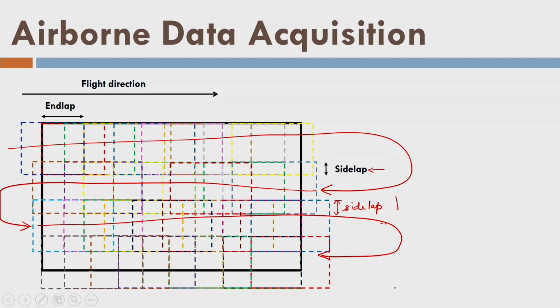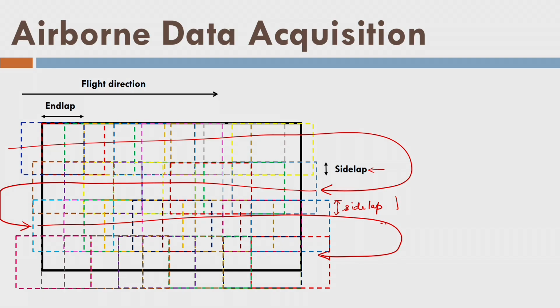And it has acquired the complete photograph for the complete area. So these many photographs have been acquired by the arrangement of one camera in an airplane. So this is the way, and each photograph is a vertical photograph. Now I understand that this is called airborne data acquisition for aerial photography. Each photograph is vertical because I want to analyze a theoretical case for depth perception.